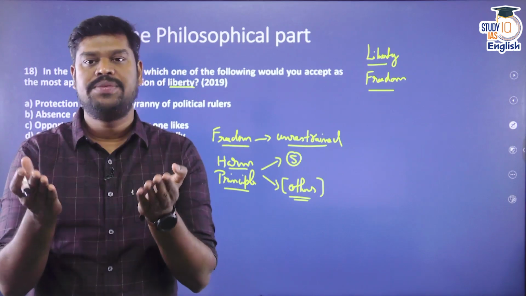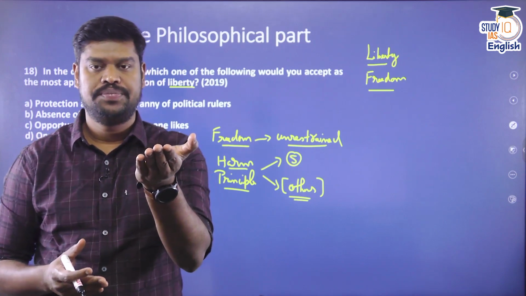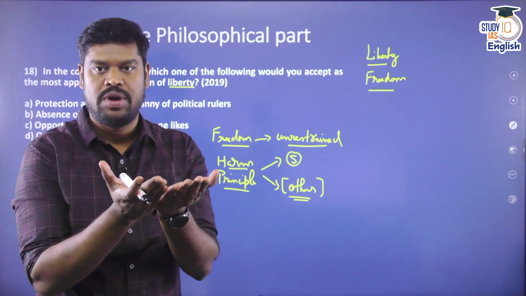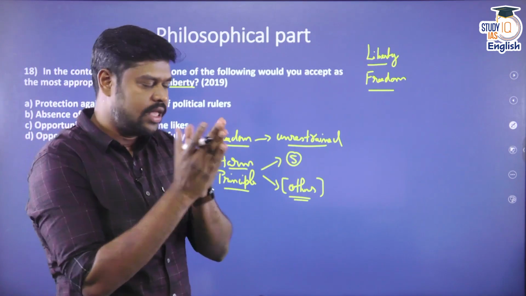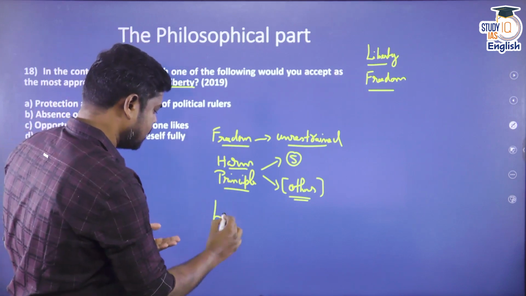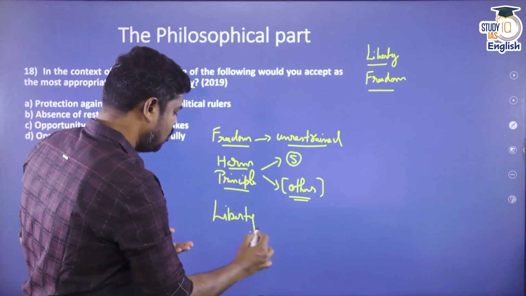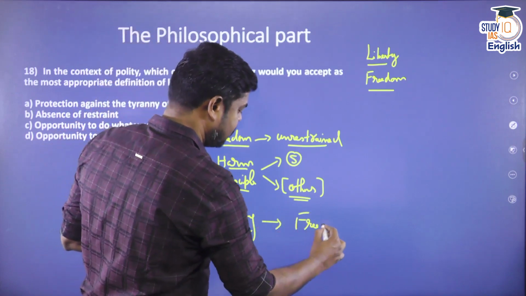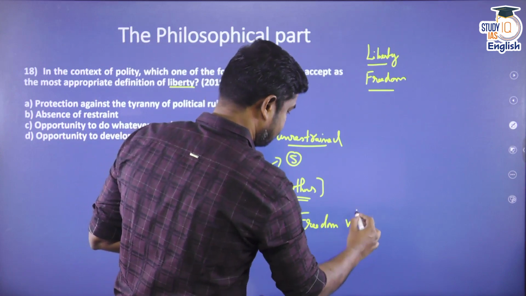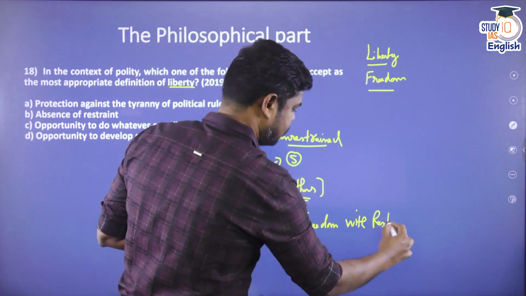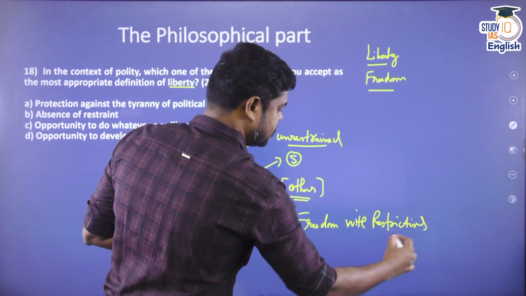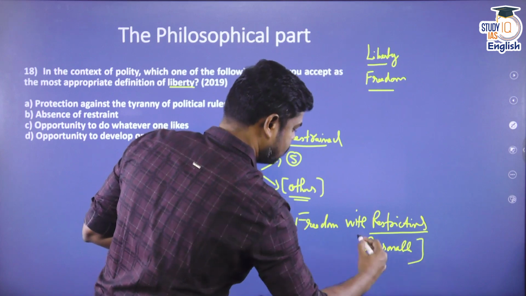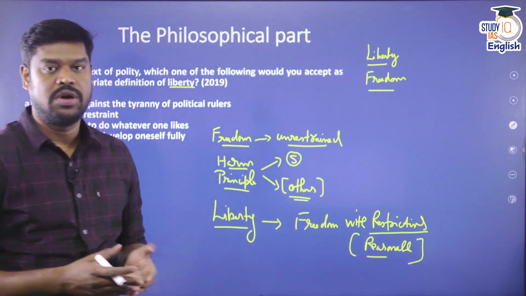So, in order to balance between these two things, on the one hand, you need to give liberty. On the other hand, you will have to also protect the public good and the welfare of the entire society. So they thought the best thing to give was liberty rather than freedom. How is liberty different from the word freedom? You can say liberty is nothing but freedom with restrictions, and these restrictions would be reasonable restrictions. That is basically what is called liberty.